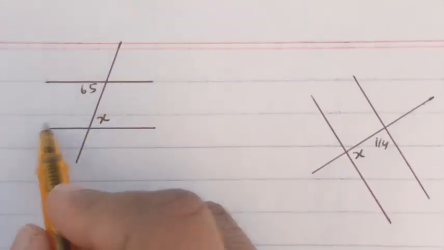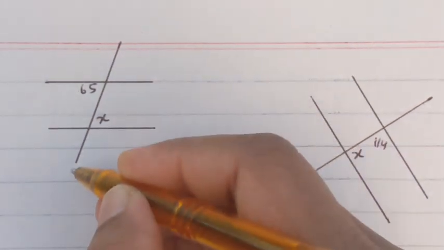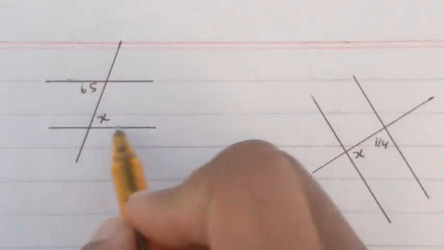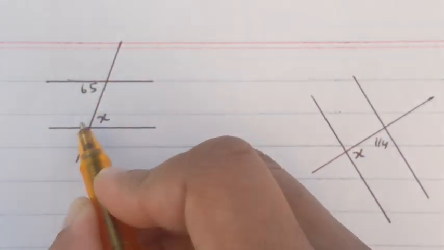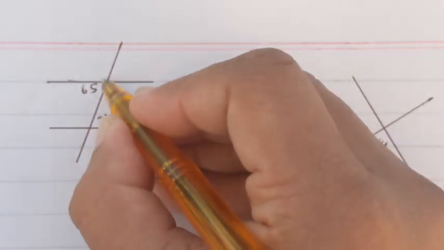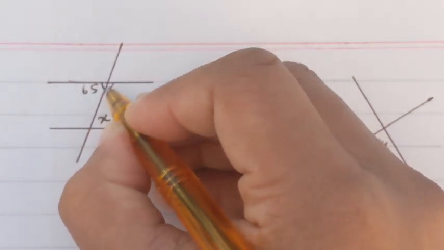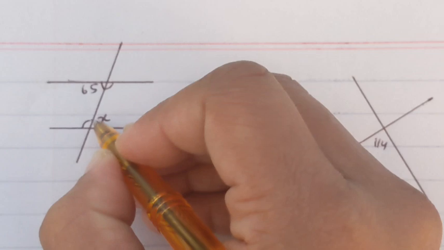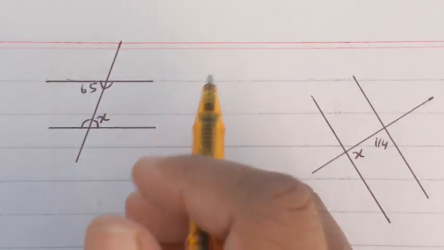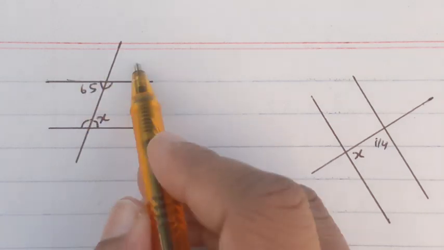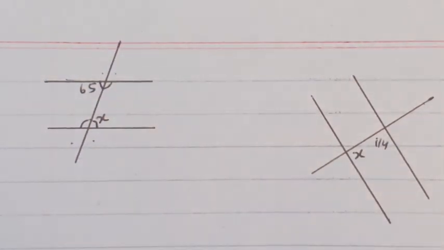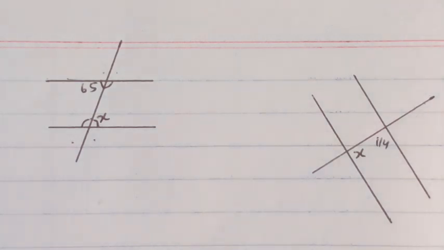So these are the two parallel lines and a transversal cuts them. When angles are formed between the two parallel lines, these angles are inside of the parallel lines. See, here an angle is formed, here another angle is formed, here an angle is formed, and here another angle is formed. So these four angles are called interior angles of the two parallel lines, and the above two angles and the below two angles are called exterior angles of the parallel lines.